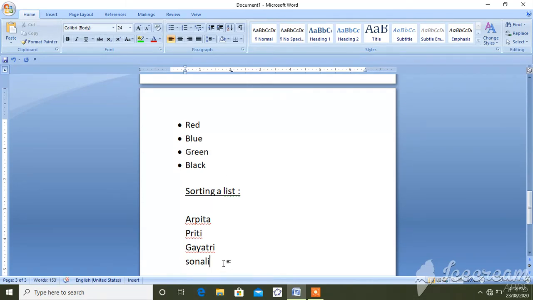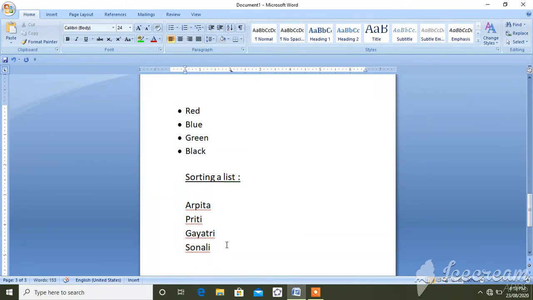Okay, now you want to sort this. Sort means you arrange this list alphabetically. The names starting from A will be first, then B, then C, then D, like this. So how to do this?